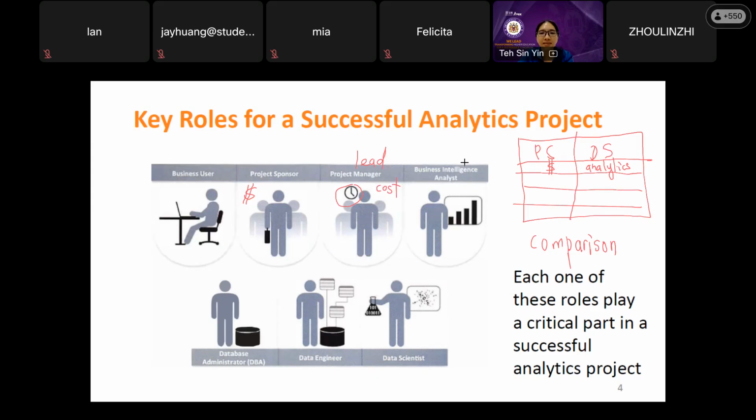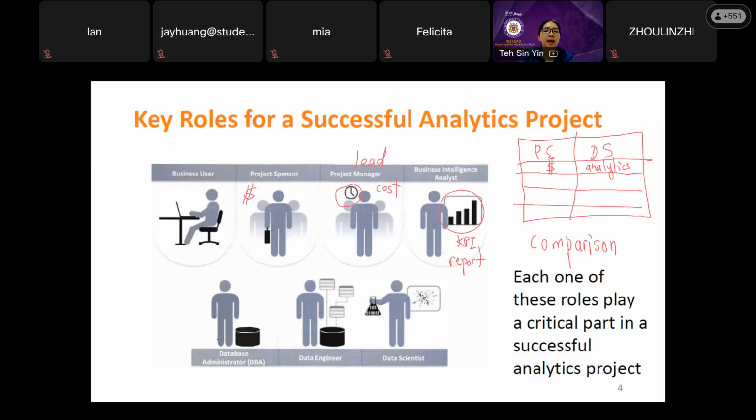The BI analyst is in charge of the dashboard: the key performance index, KPI, the reporting, what type of chart or graph to plot and share with the customer, the client, the boss. This person very often uses Tableau software or Power BI. I told you last week about the Power BI open course, right? So this is for the business intelligence analyst.